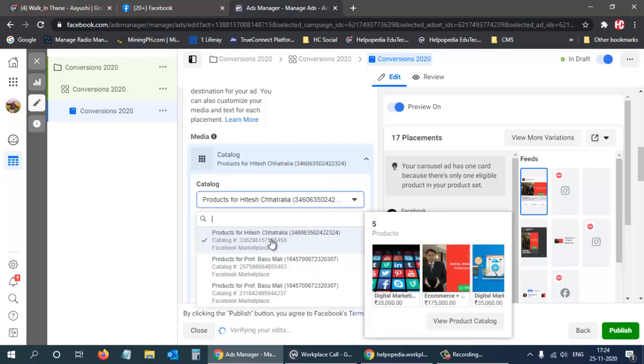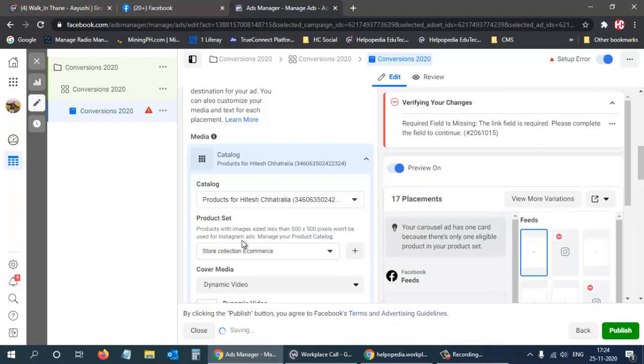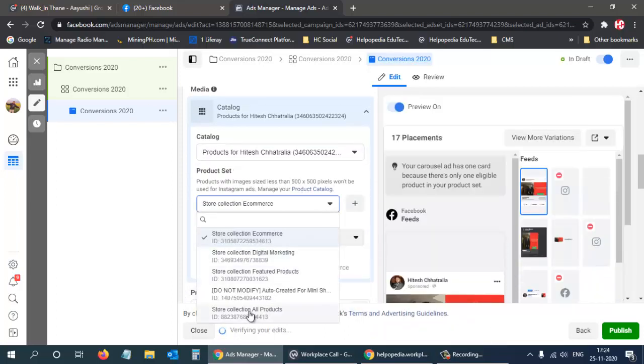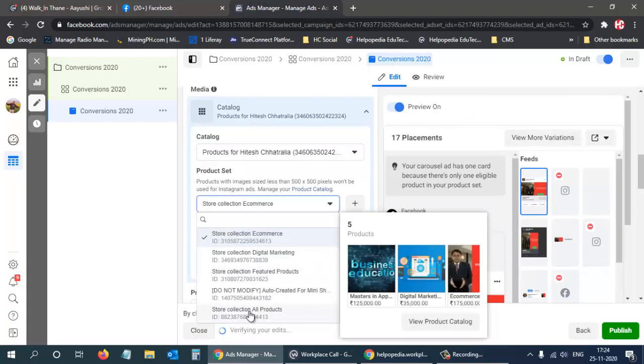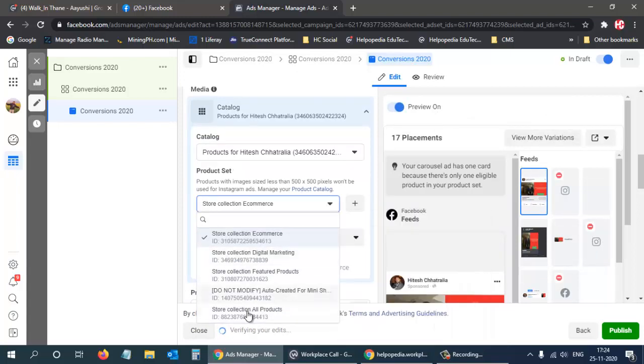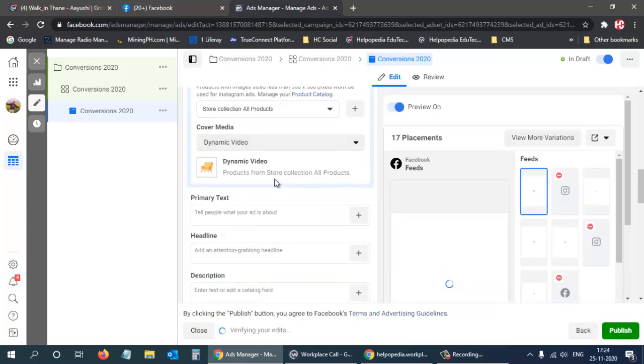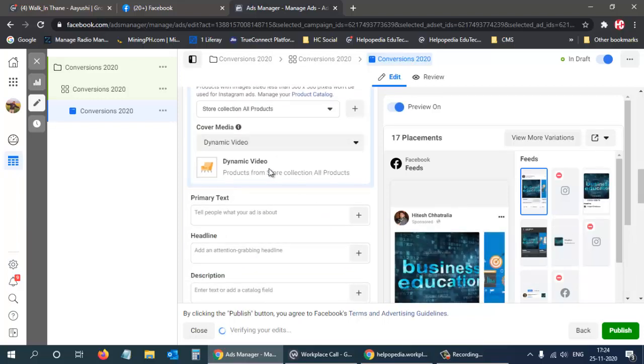Okay, so we have 5 products over here, so I'm selecting these 5 products. And then store collection, so store collection is also having all products, 5 products. So store e-commerce is only one, so I'll select all products. So this is done, and then I need primary text.